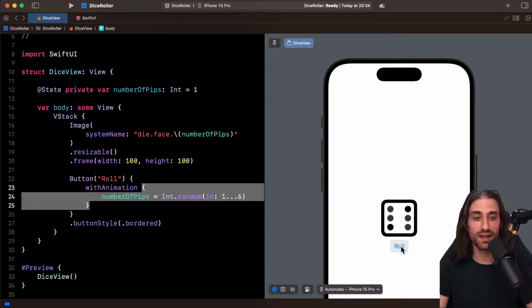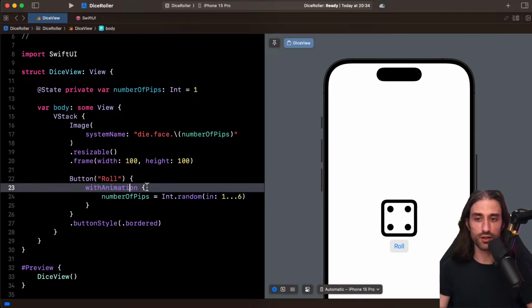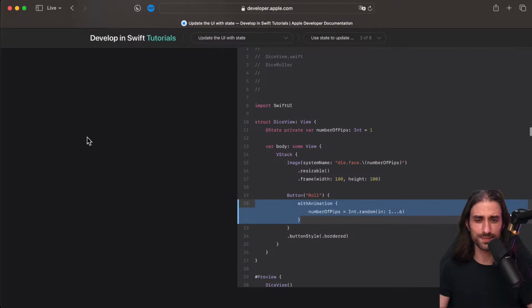We have a fade in out, and so the old die is fading out while the new die is fading in. And arguably, this is more agreeable to the eye. I'm not sure how much into details of how animations work in SwiftUI this tutorial will go, but if you want to learn more about this, this is a topic that I cover in my other series of videos. So learning SwiftUI when you already know UIKit, there is a video dedicated to it. It's called, I think, Animations and Transitions. So if you want to check out more info about how animations work in SwiftUI, I can really recommend that you check this video out.